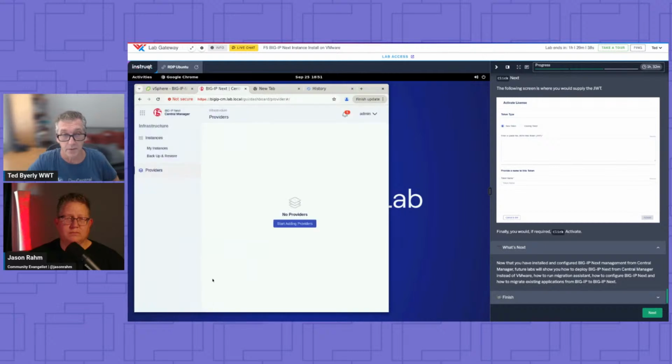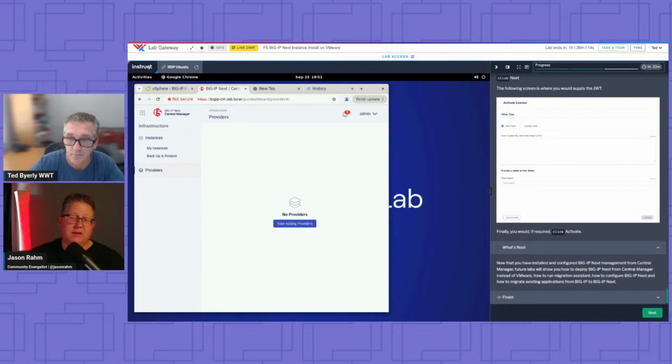And then from here, you could deploy all your BIG-IP Next instances. So if you have teams that are different from your vSphere VMware environment and BIG-IP, it would take an initial configuration in vSphere, walk them through it, but all future deployments of BIG-IP Next could be done from Central Manager, which really makes it easy for the guys that just manage BIG-IPs.